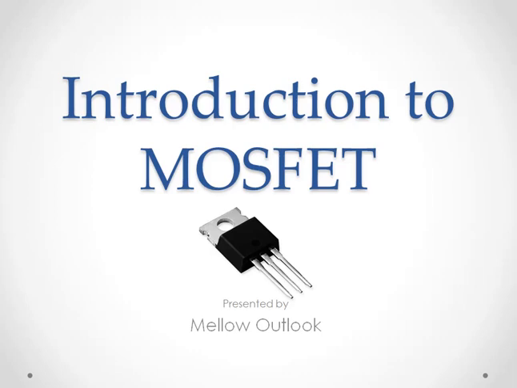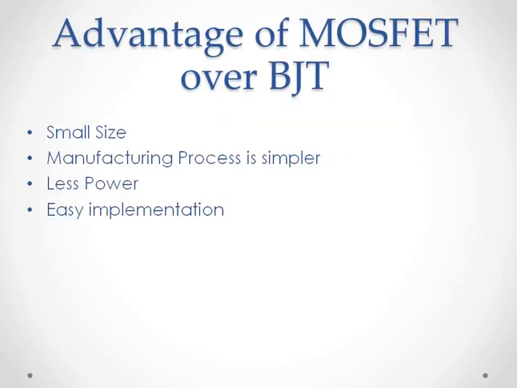Introduction to MOSFET. There are two major types of three-terminal semiconductor devices: the metal oxide semiconductor field effect transistor, also known as the MOSFET, and the bipolar junction transistor, that is BJT. Each of these two transistor types offers unique features and areas of application, but the MOSFET has become the more widely used electronic device, especially in the design of integrated circuits, that is ICs, which are entire circuits fabricated on a single